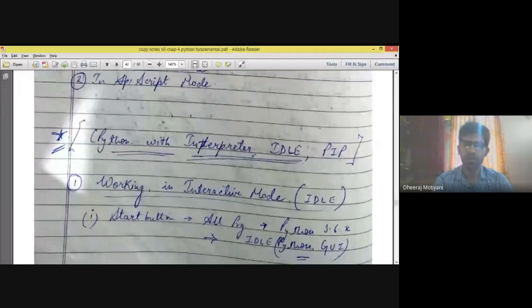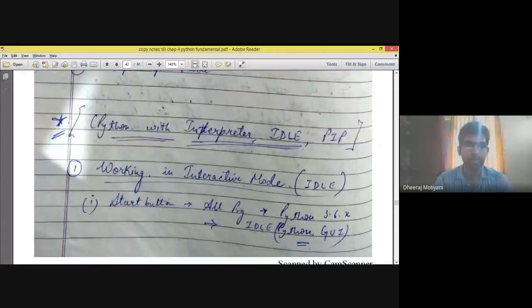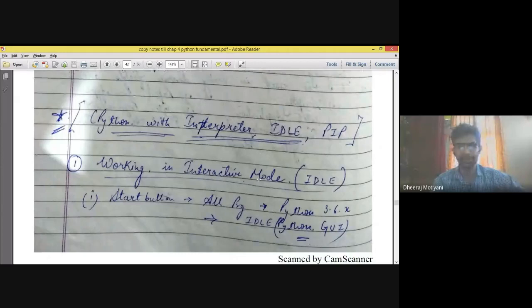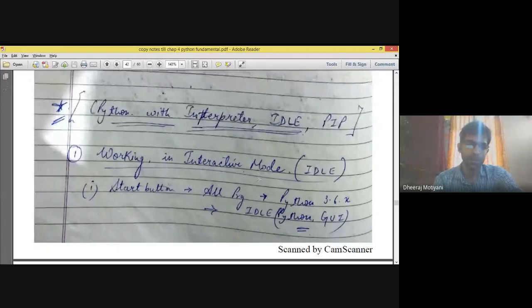What I was saying is that Python is installed with the interpreter and ideally pip. Working in interactive mode, whatever you are installing, interactive mode is there, which I have already shown you. See it once more.